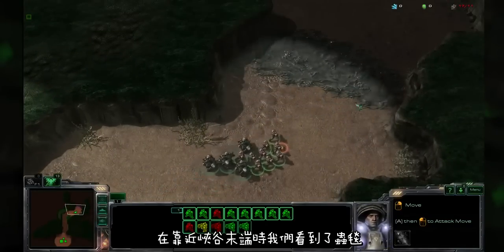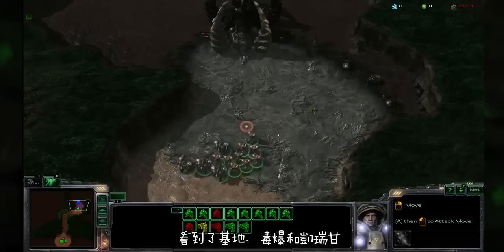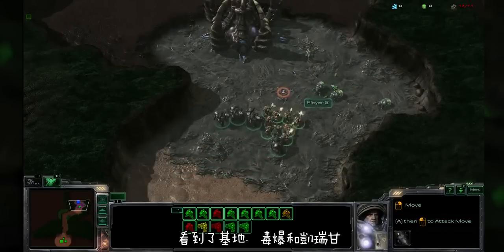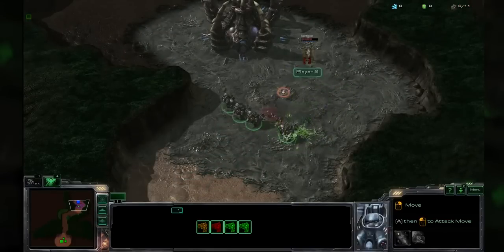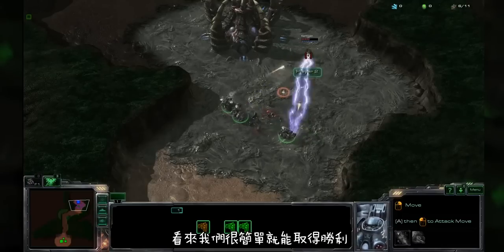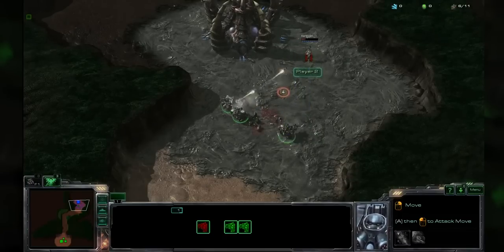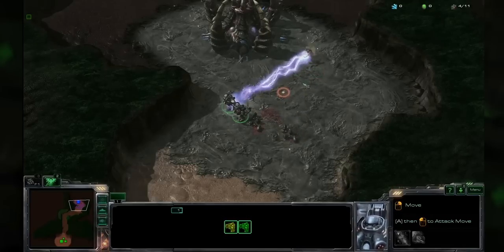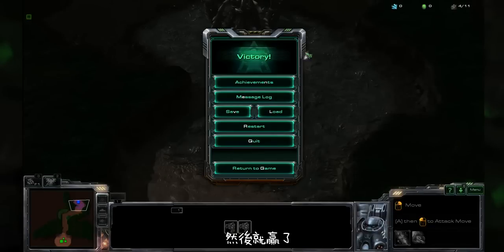Gangway. All right, as we approach the end of the canyon, you can see the creep. Sure. Go, go, go. There's the Zerg base, and there's the banelings and Kerrigan. We actually seem to be winning pretty easily here. And there's victory. The player actually won a little bit too easy here, so now let's go back to the